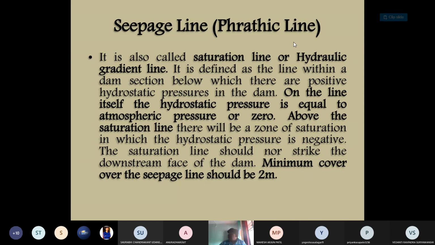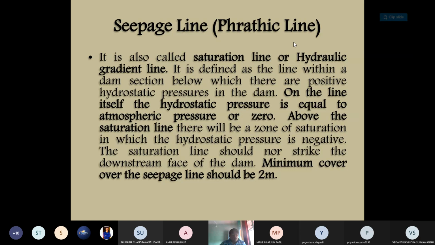Most earthen dams fail due to failures of the phreatic line. If it is not located within the body of the dam, then there will always be a problem. So the major cause of failure in an earthen dam is the phreatic line. You have seen one case study, the Temgar Dam, where water is percolating over the whole surface of the dam, and the leakage of water occurred, and the government has taken the decision to control it now.